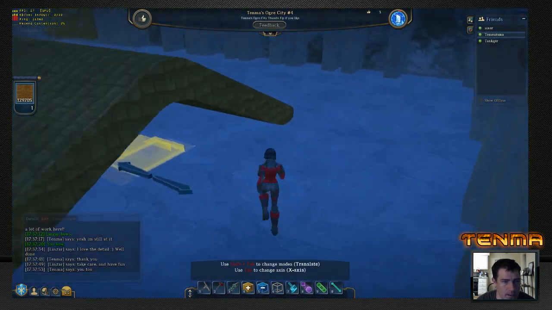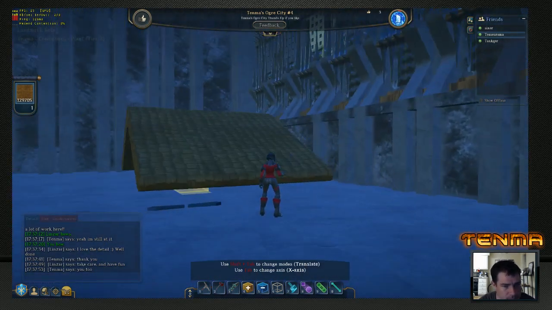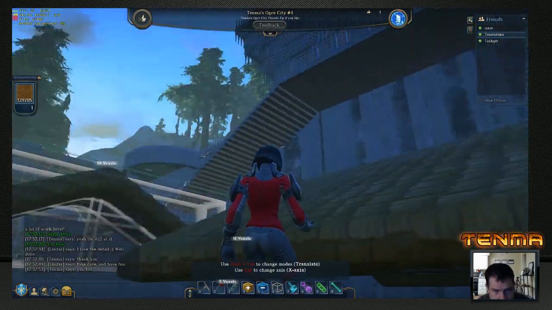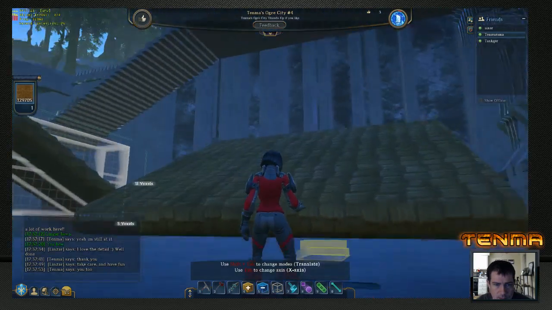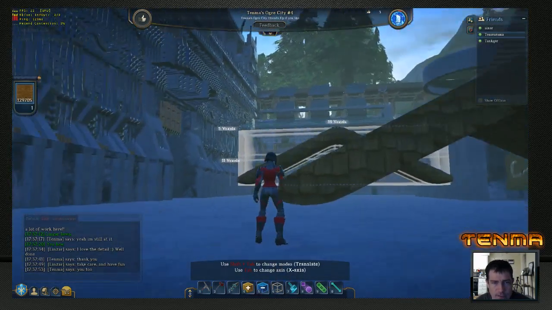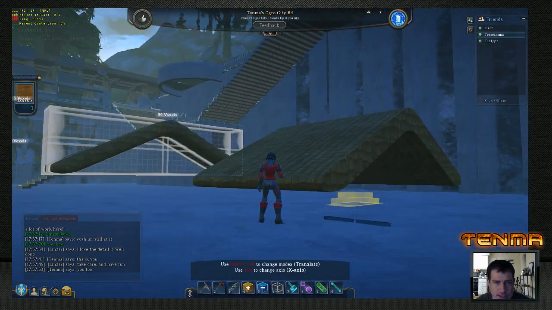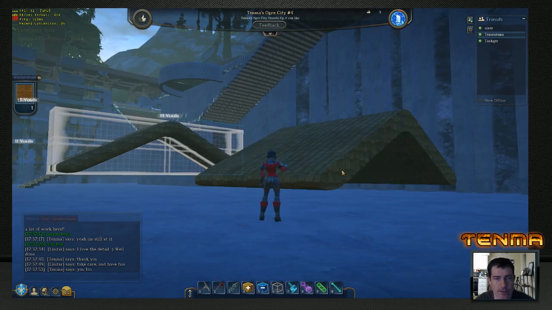Okay. So now, if we look at this really close here, you see how smooth that top is? I mean, that's really flat. There's no deformations in it. The ends of it don't look bad. So,